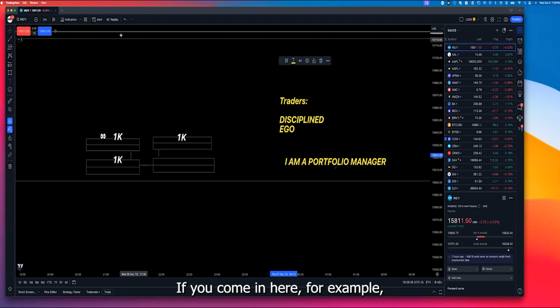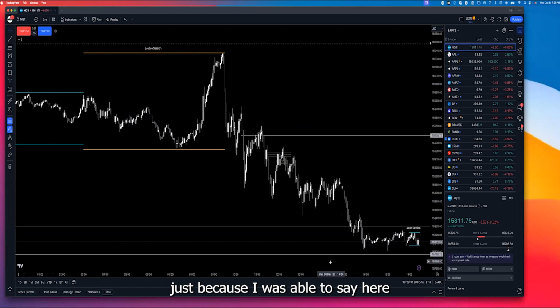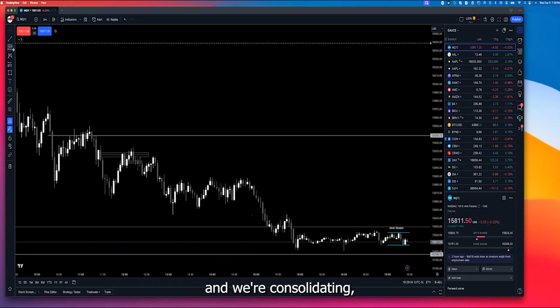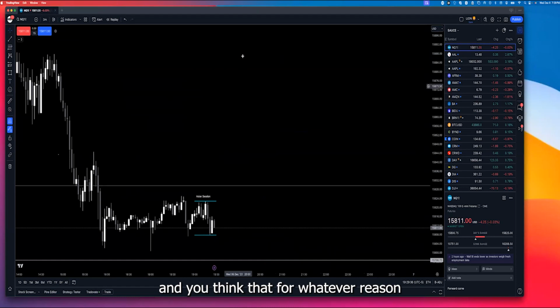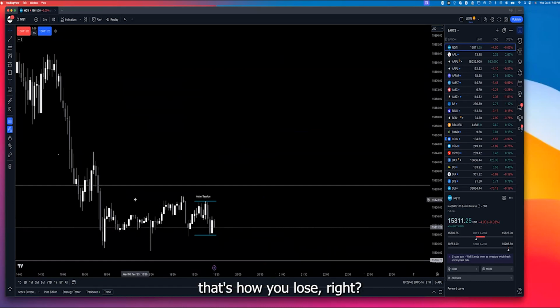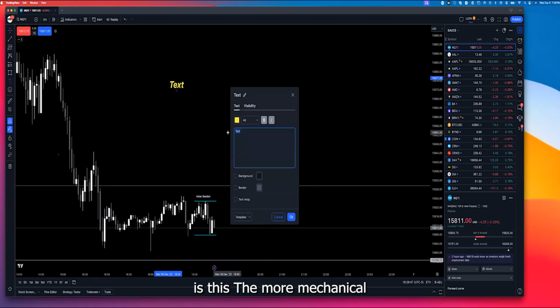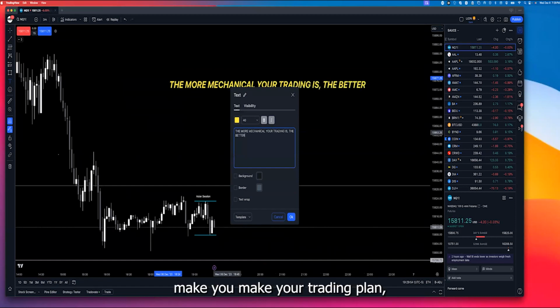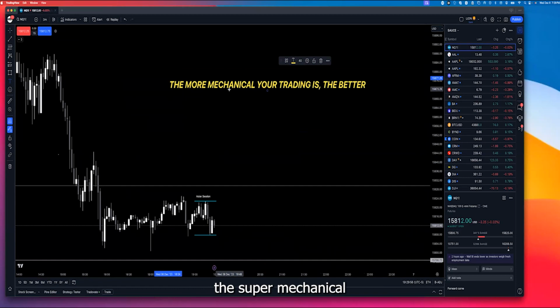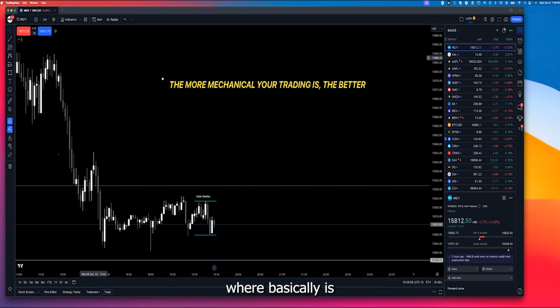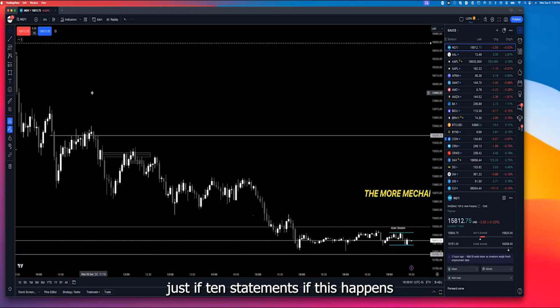If you come in here, for example, let's say we're in the Asian session and we're consolidating, and you think for whatever reason we're going to go back up because the market owes you something, and you go with 15 contracts, that's how you lose, right? It's all about having a trading plan. One thing that I've been saying is: the more mechanical your trading is, the better. Make your trading plan super mechanical, where it's basically just if-then statements. If this happens, then I'm doing